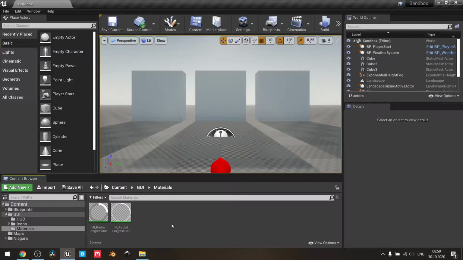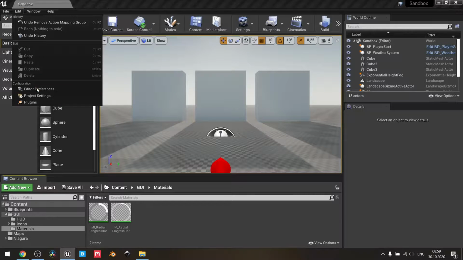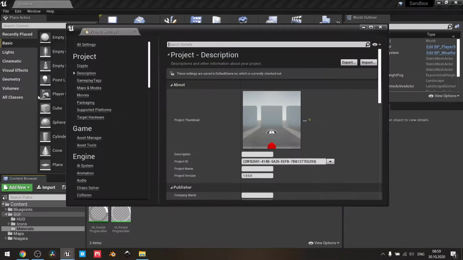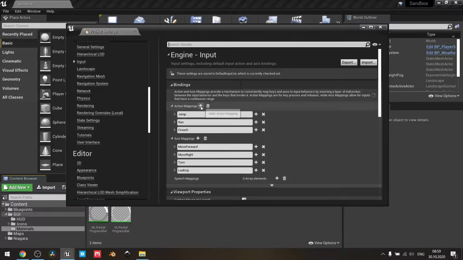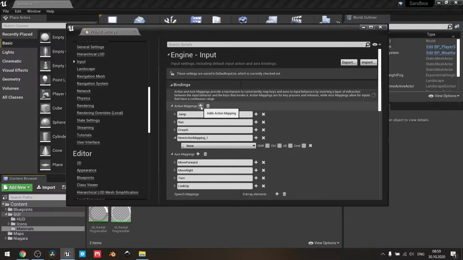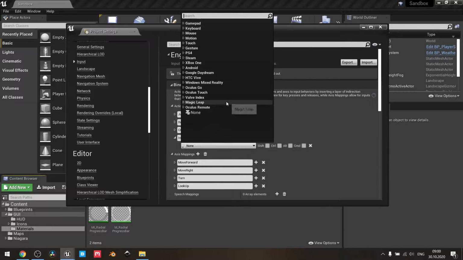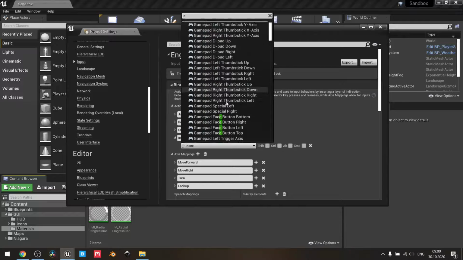Now let's go back to the interaction system. First of all, we need to define the input key for our interaction. For this, go inside the project settings, then search for the category named input, and here let's add action mapping, rename it to interaction,